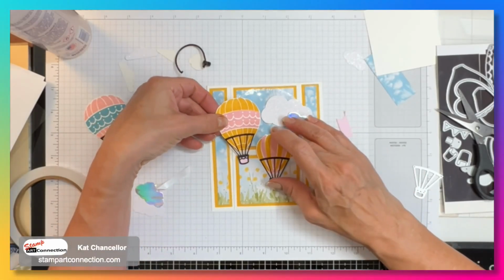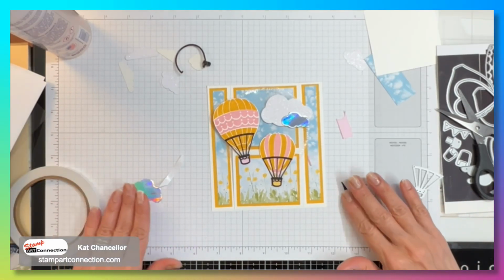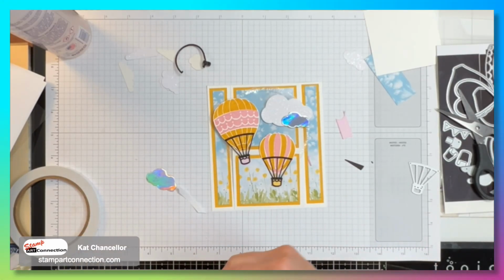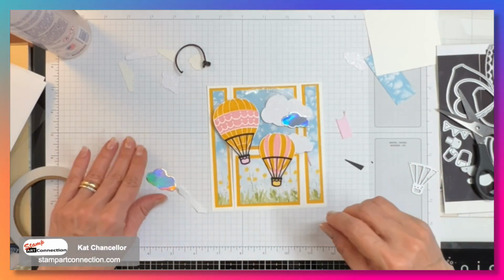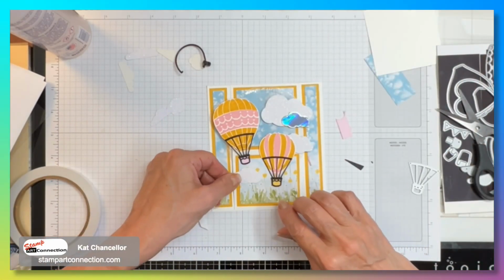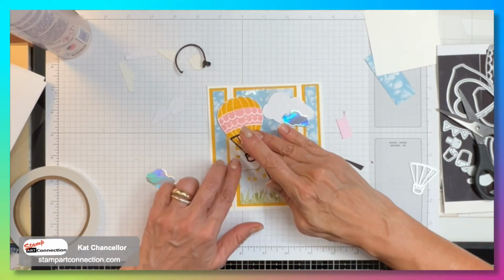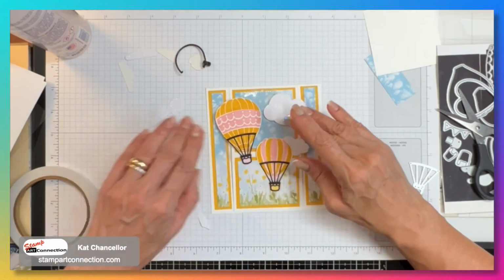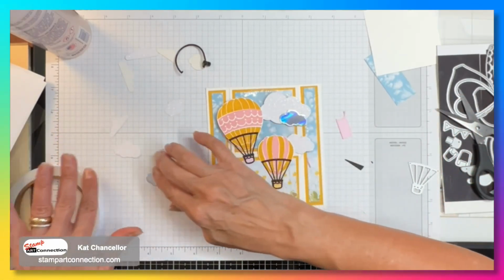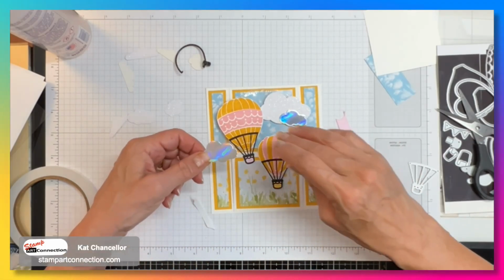Isn't that pretty? Yeah, so I think that's a much better combination. I'll save that one for another card. And then we're going to put a cloud over here, a cloud over here. Actually, I don't think I'm going to put a cloud there. I think I just kind of like it like this. I mean, if I were going to do a cloud, I would put